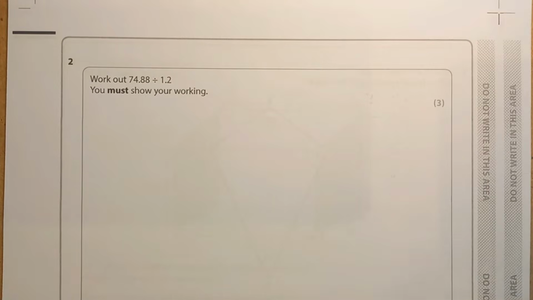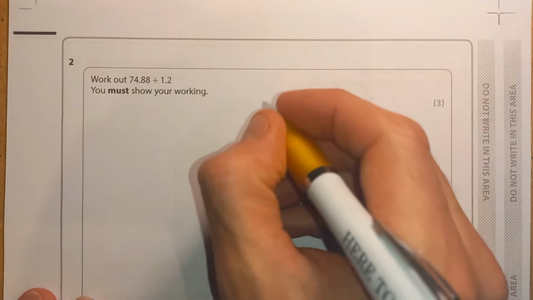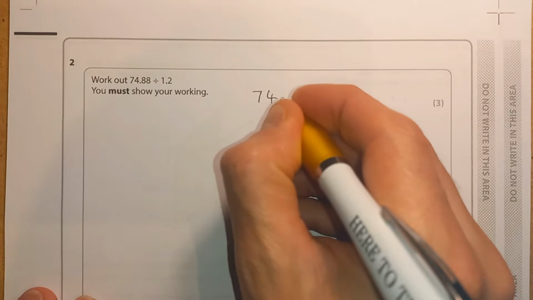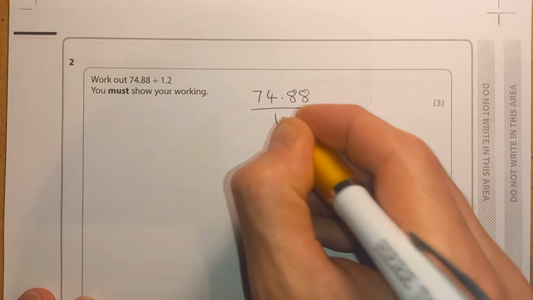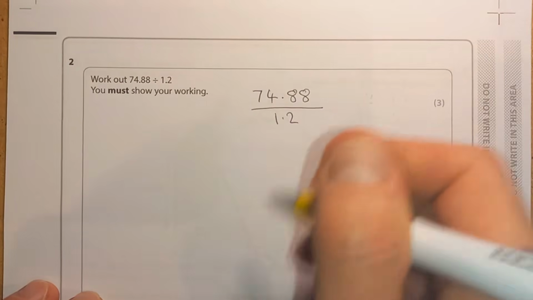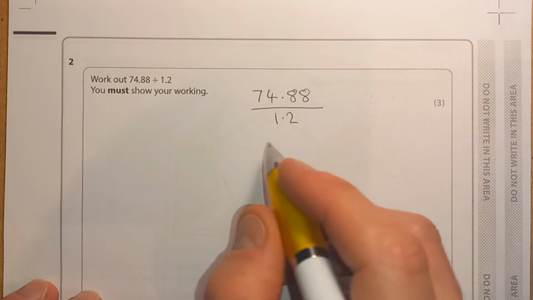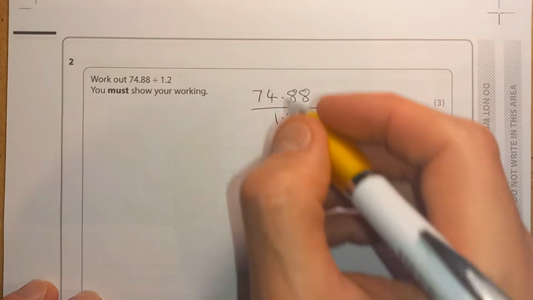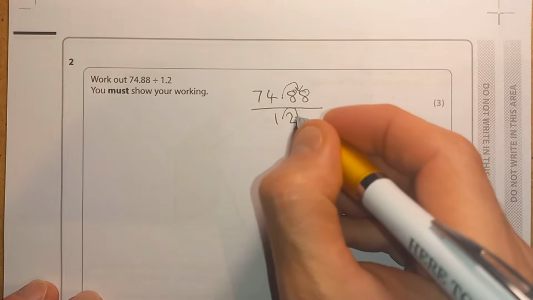Question 2. Work out 74.88 divided by 1.2. Okay. So I'm going to write this as a fraction because I think this might help us. So we're saying 74.88 divided by, or over, 1.2. Now, hopefully you're comfortable with cancelling. If we had zeros top and bottom, we could cancel them. We're going to do the opposite. So we're going to increase both of these by a factor of 10. In other words, we're moving the decimal point 1 on the top and 1 on the